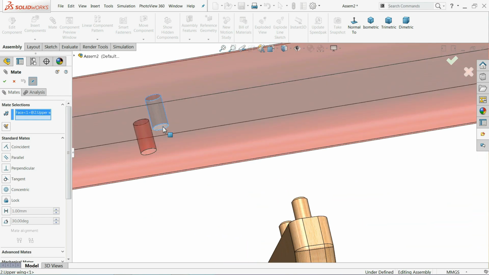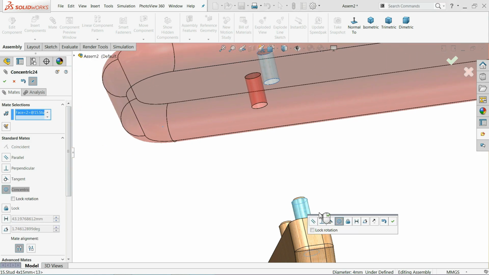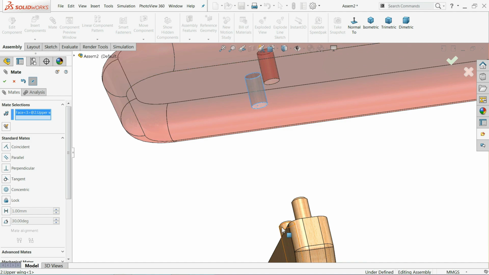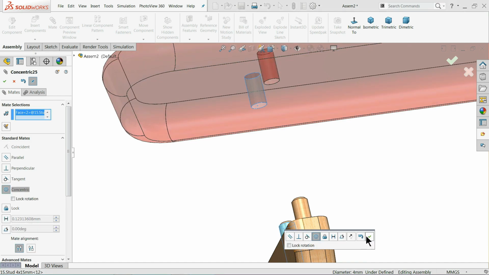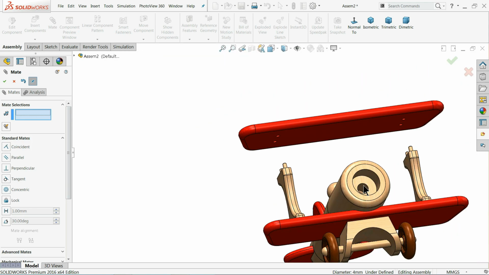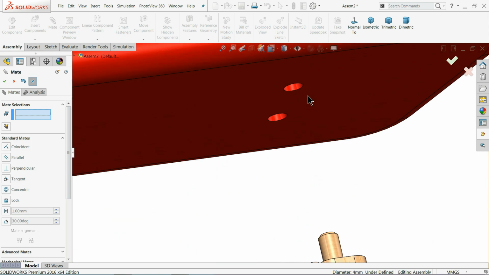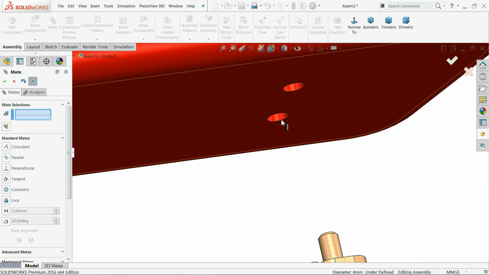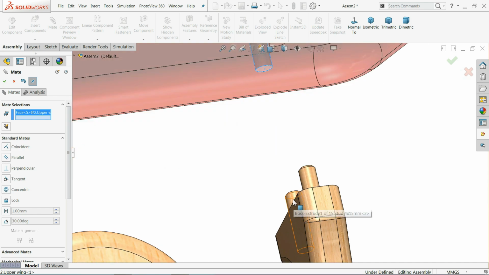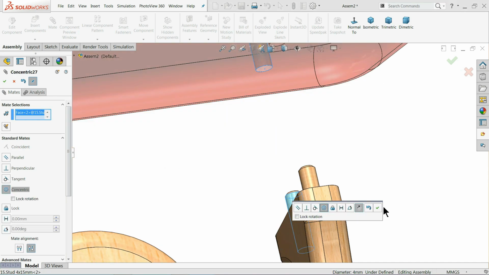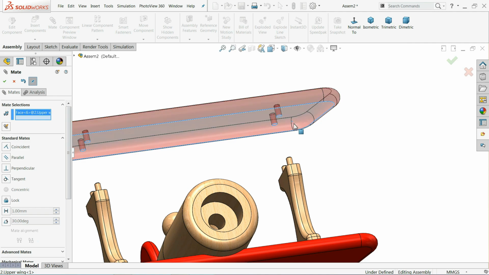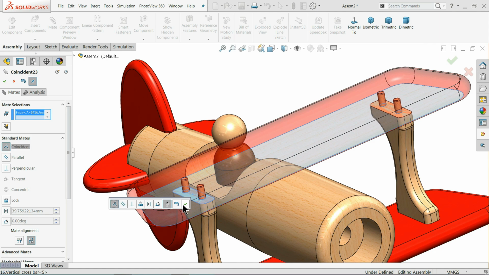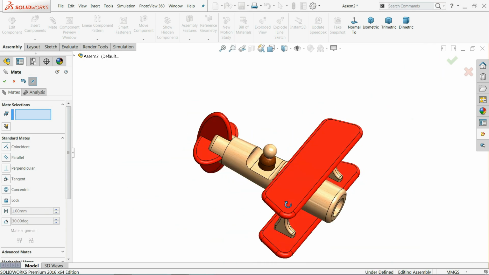And here let me choose this hole, concentric relation. Okay, now I'll choose the second hole and second pin, concentric relation. Now let me come to this hole and this pin, a stud, concentric relation. This one and this one, concentric relation. Okay, now select the top face and this face, coincident. See,